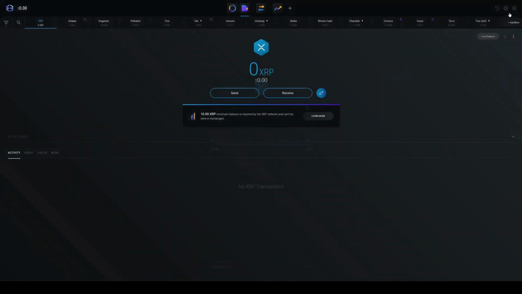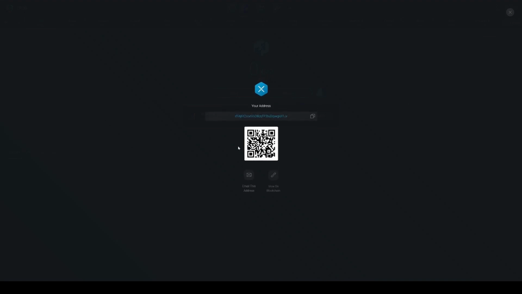Okay, what if we were receiving XRP? Well, simply you would click on the receive tab, and lo and behold, see that address there? That is your address, and there's a QR code that you can use. Now, if you are withdrawing XRP from an exchange, like in that Binance example that we used, that's the address that you would put into the sending space on Binance. Because you're sending it from Binance to your personal wallet right here, so that's the address you will use.